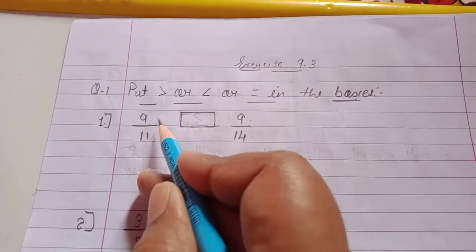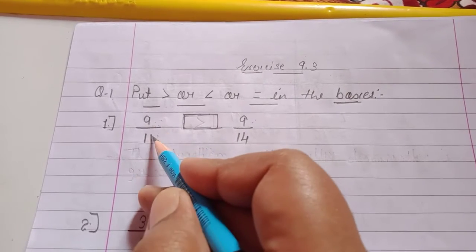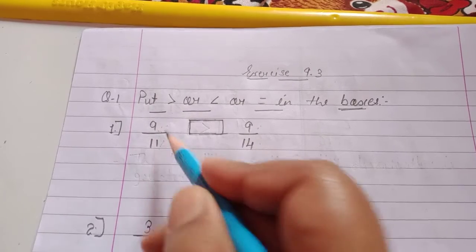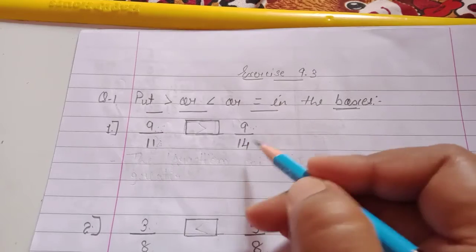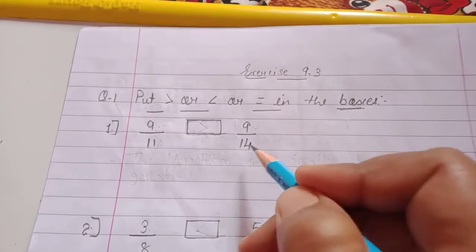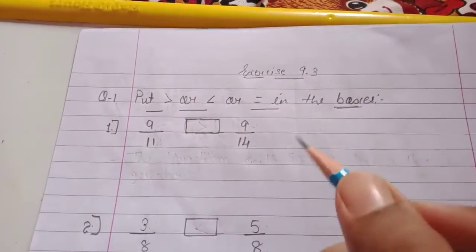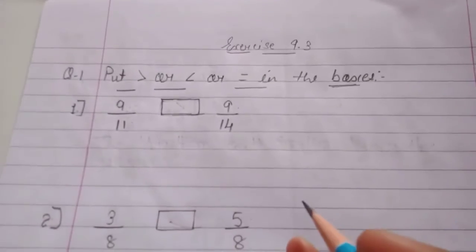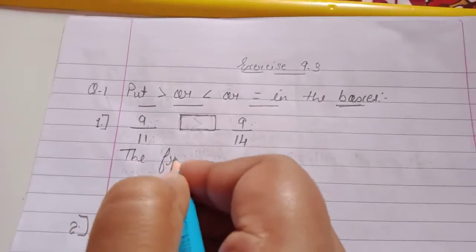Numerator means the number above the bar line, and below the bar is the denominator. So here in the first fraction the numerator is 9 and the denominator is 11, and in the second fraction the numerator is 9 and the denominator is 14. So here in both fractions the numerators are the same, 9 and 9. When numerators are same, we have to compare the denominators. The fraction with